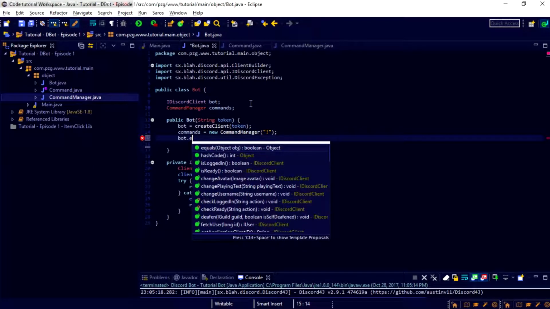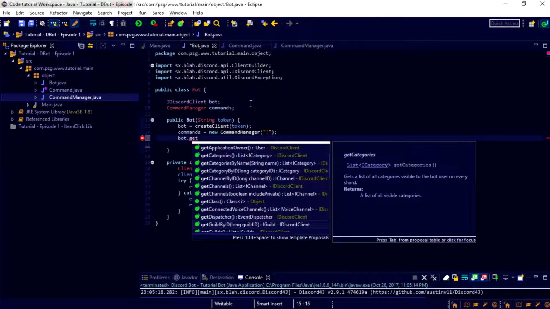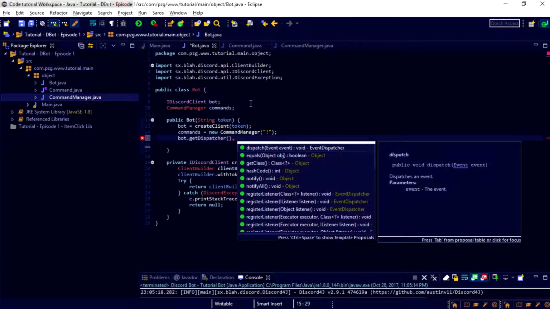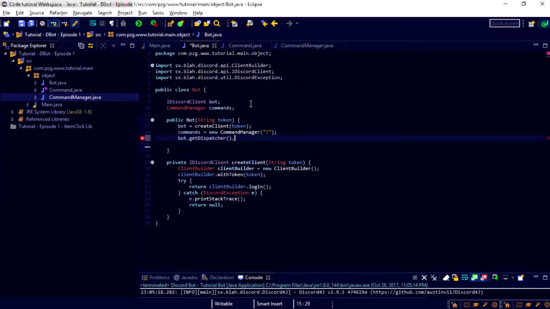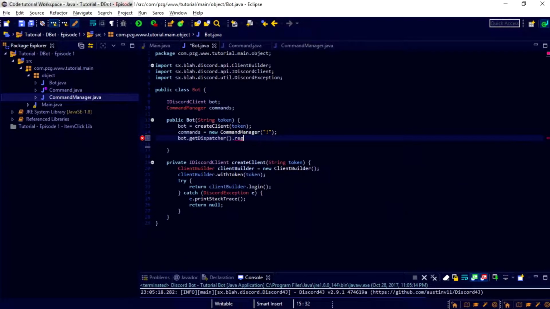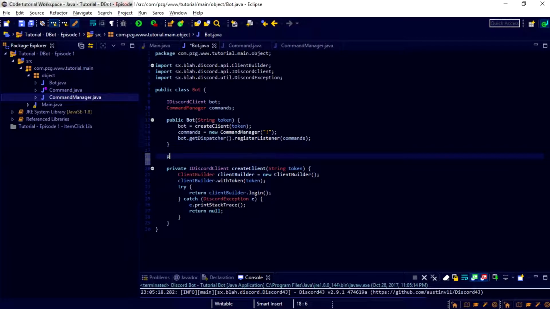I don't know what it's called now. I feel like there's a get, hold on, this is dispatcher. Alright, so get dispatcher, then register listener, and then we just need to put in the class of the listener, which is commands, just like that. Alright, now what we can go ahead and do is come down here and make a new public void